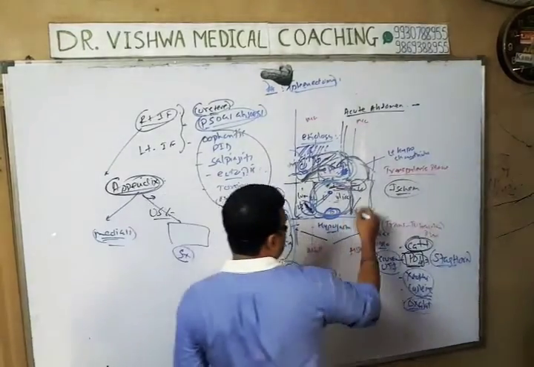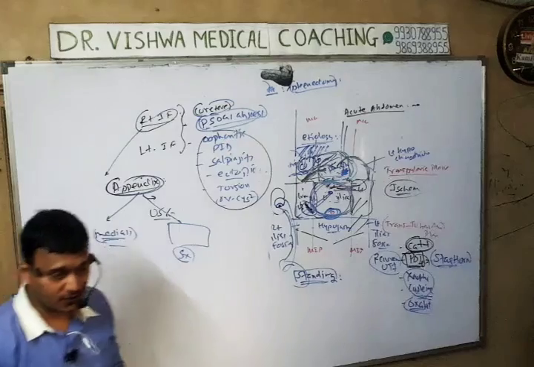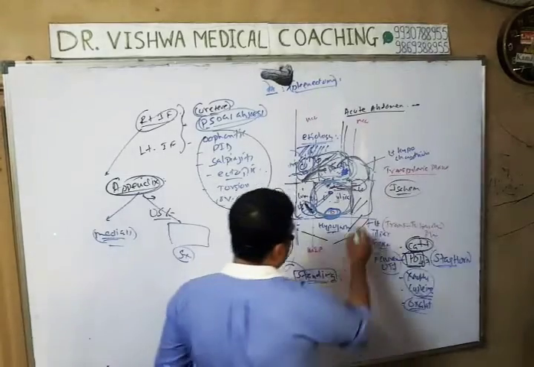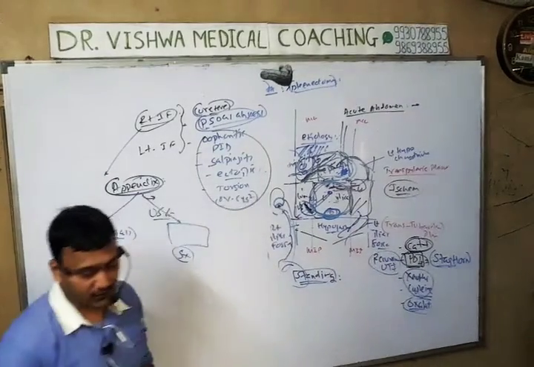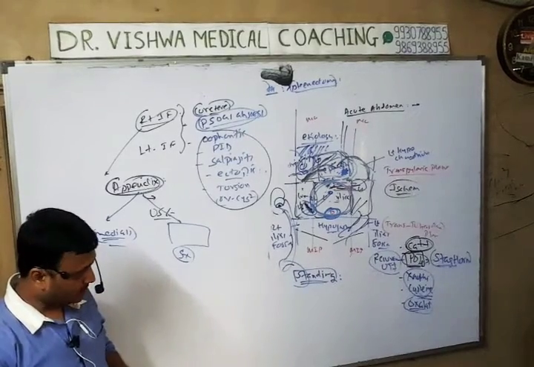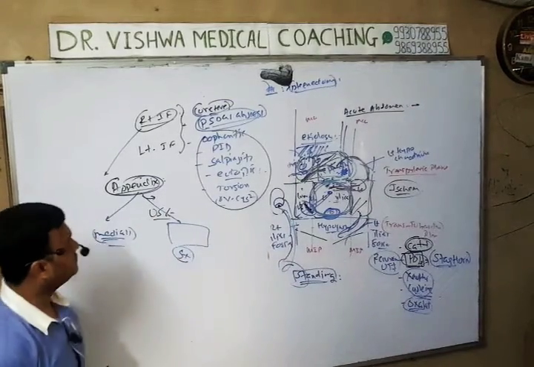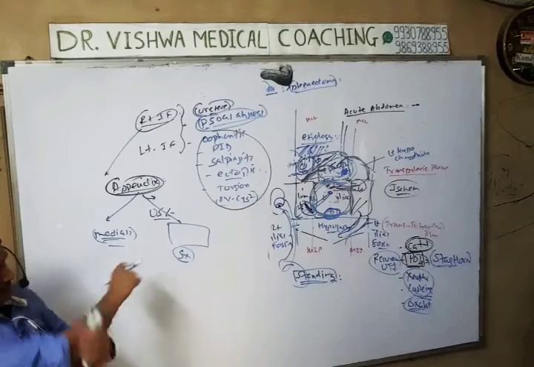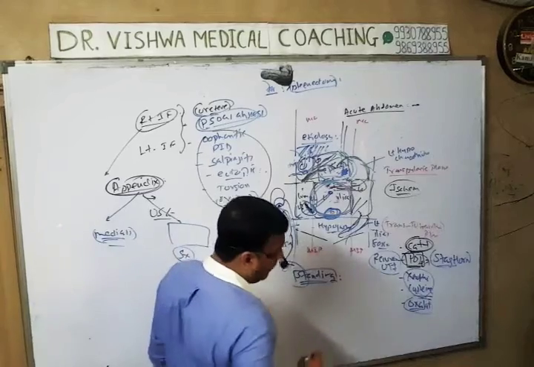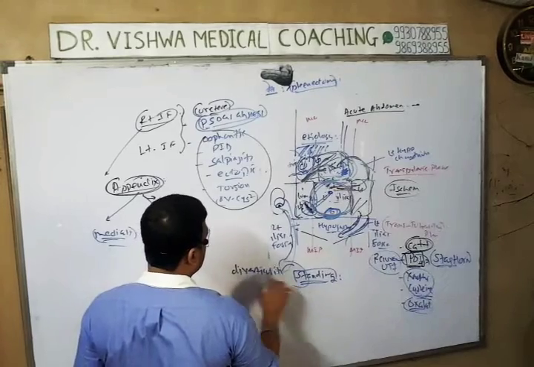What is special on the left side? Left iliac fossa. Here there is the sigmoid colon, there is volvulus, there is also diverticulitis, you must have heard about it. So think about bowel history, take the bowel history properly: constipation, or mucus discharge, or a lump in the left iliac fossa. So think about these things. In the left iliac fossa, we can have diverticulitis, carcinoma colon,